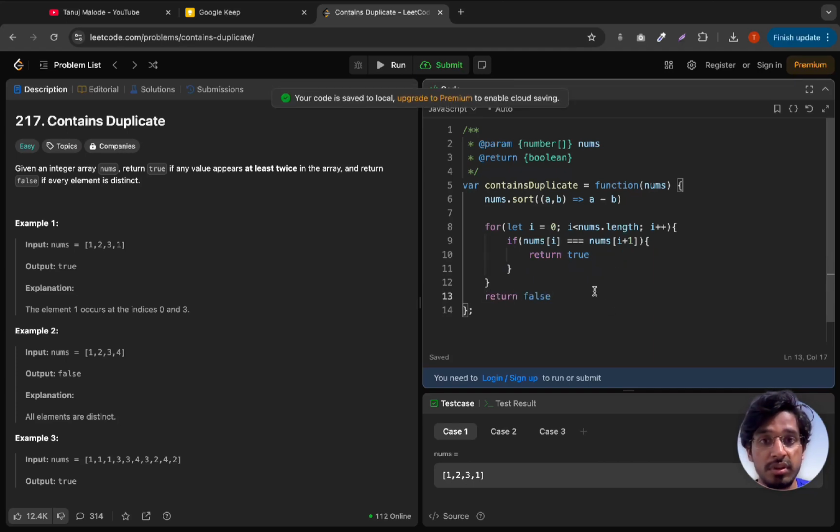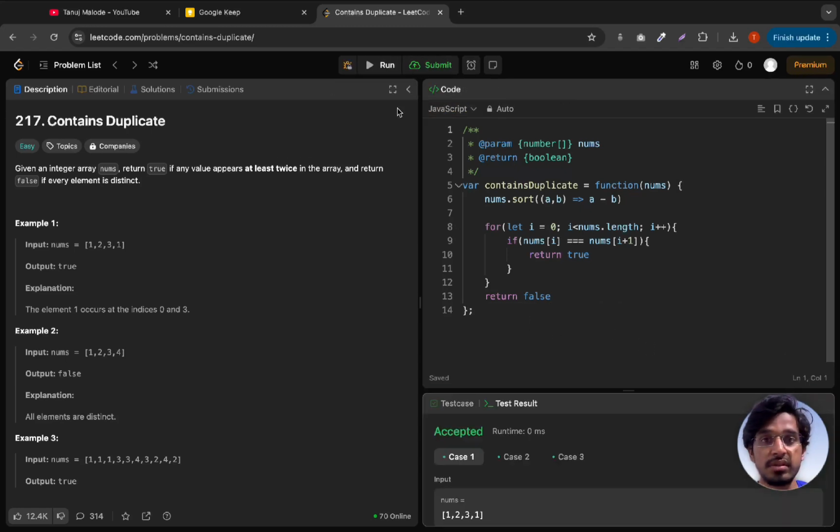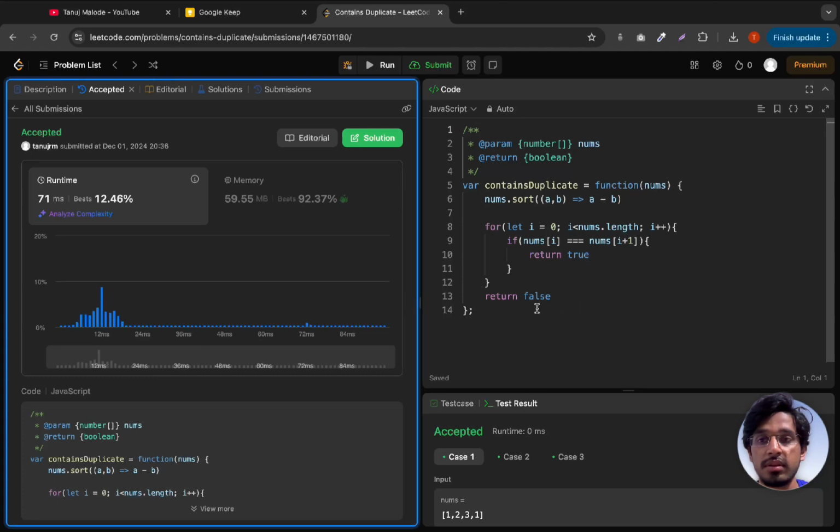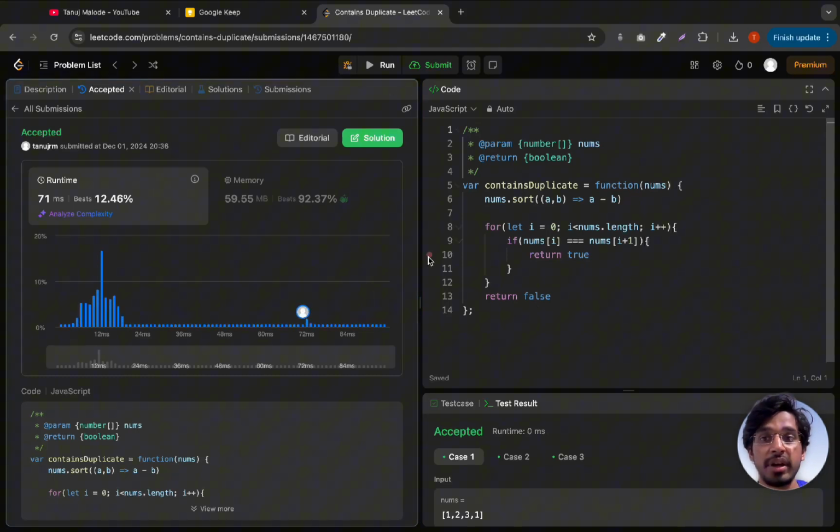Alright, so if I save this and try to run this code, it passes. So if I try to submit this and see our performance, by time complexity it beats just 12%, which is terrible. Okay, so not good for time complexity, but when it comes to space complexity, it beats almost everyone. Okay, so 92%. So now let's look at the second approach, where the space complexity is bad but the time